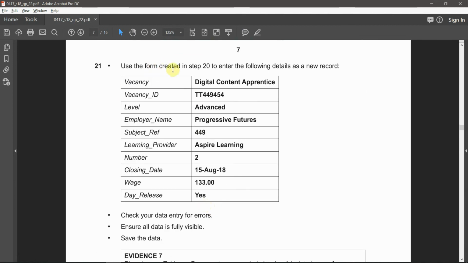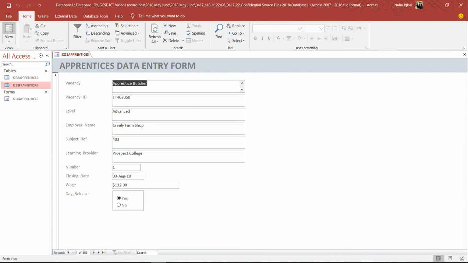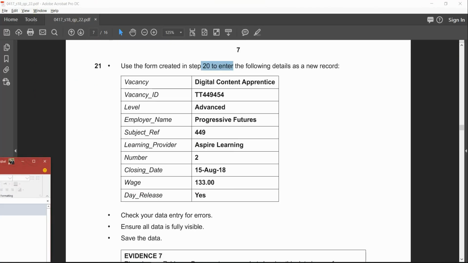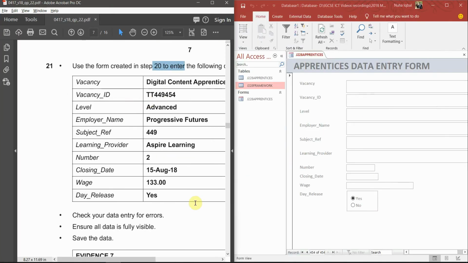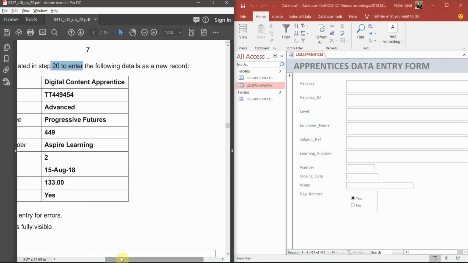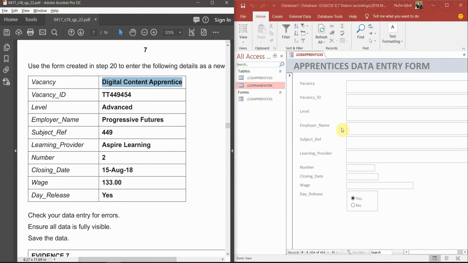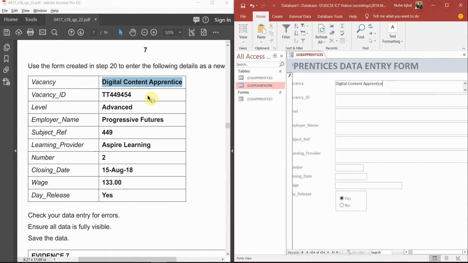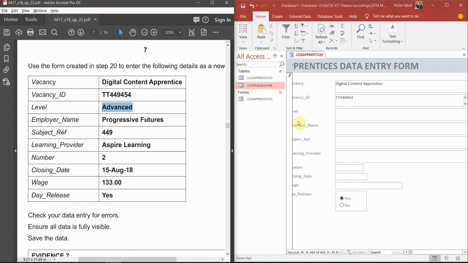Use the form created in step 20 to enter the following details as a new record. So let's go back to our form, and let's click over the next over here, new, and you can see it will be 454, and we can add right now our information over here. I'm going to put it next to each other so I can see and write it down. So vacancies, digital content apprentice, ID is supposed to be this one, level advanced, progressive futures, which is the employer name,